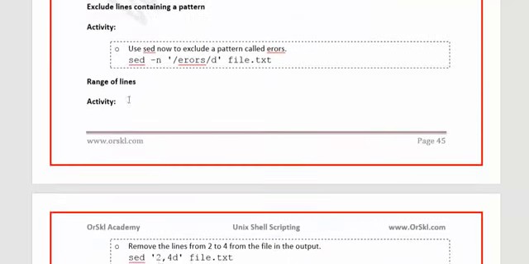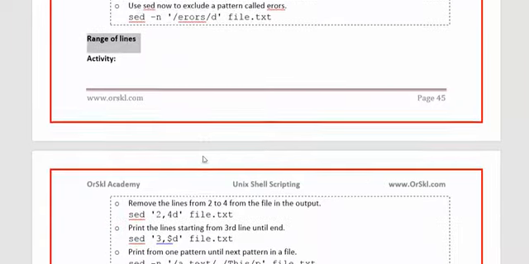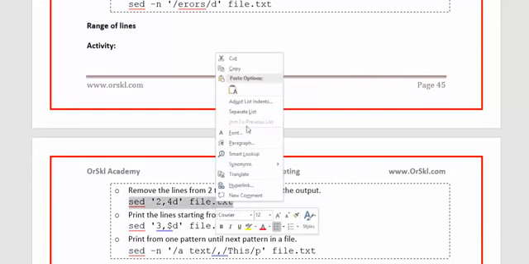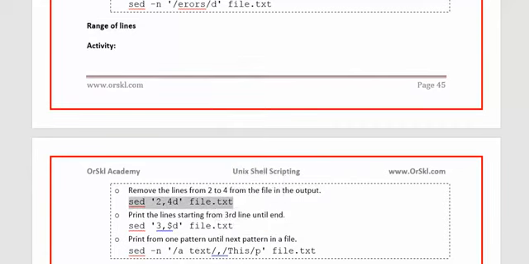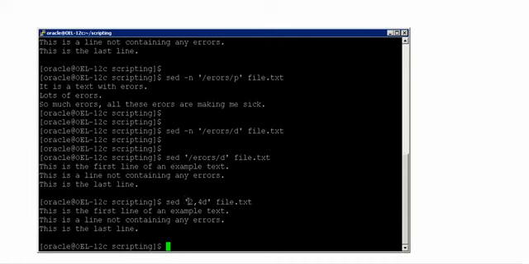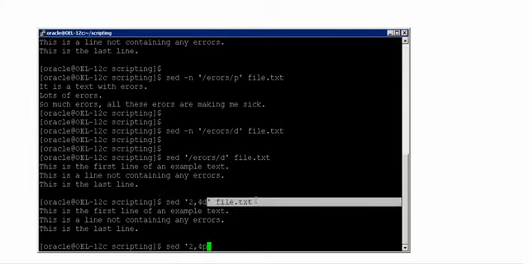And next exercise. If you have a range of lines, if you want to remove the lines from second to fourth, then yes, you can use sed like this. So now let me copy it. If it is only delete, and if you want to print it, instead of D you have to use P. So let me also show you that. But see, it is only printing second line to fourth line. That's it. If you want to print it, use P. And now you see the output.